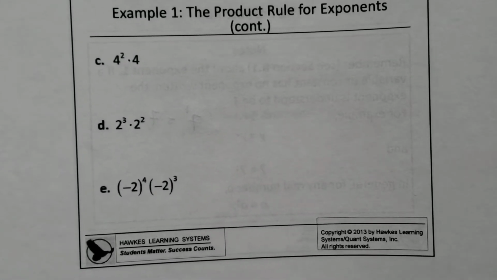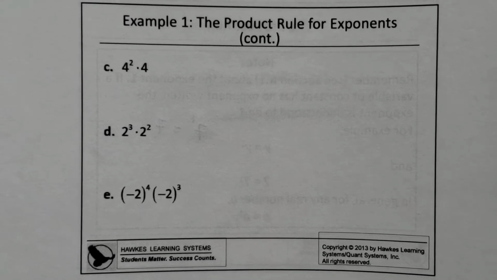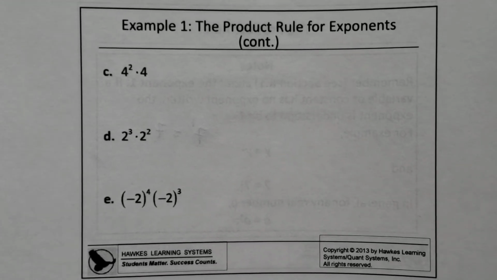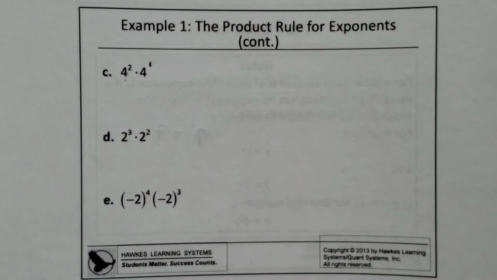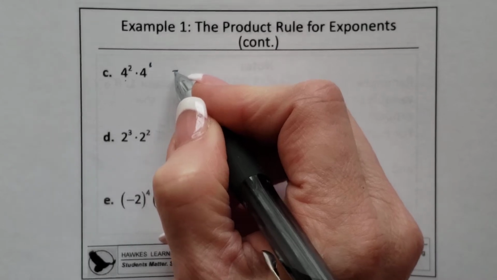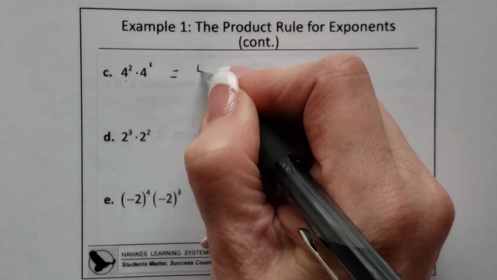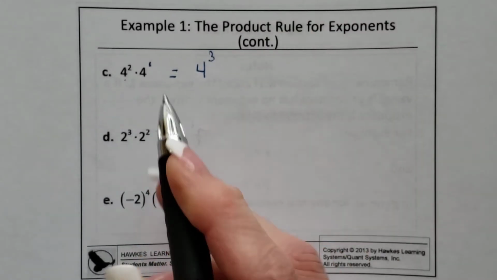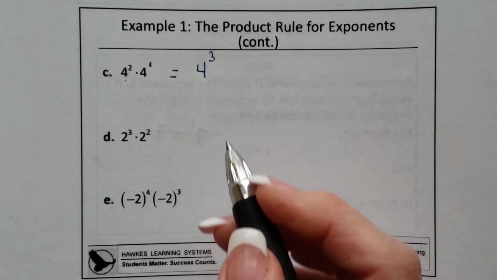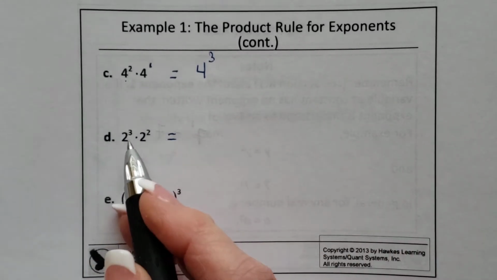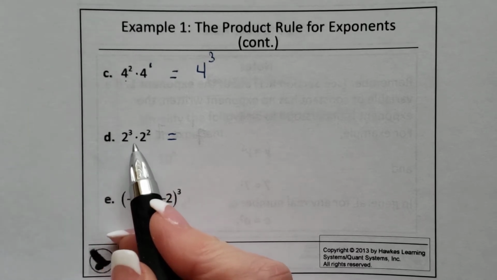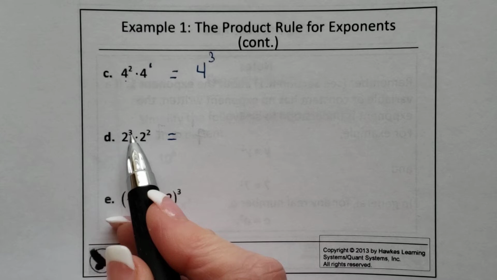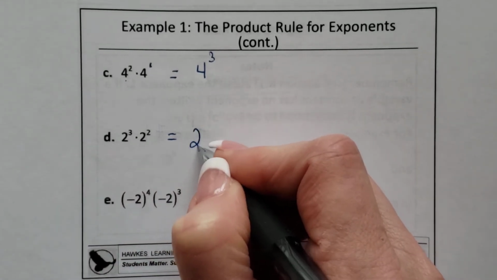Now this works also when you're not just working with variables, but you're working with digits as well. So I have 4 squared times 4 to the 1st. Well, since my bases are the same, I'm not multiplying my bases. I keep the base, and my answer is 4 to the 3rd, because 2 plus 1 is 3. Letter D, I have the same base, so my base is 2. I have 2 to the 3rd power times 2 squared, so 3 plus 2 is 5, so my answer is